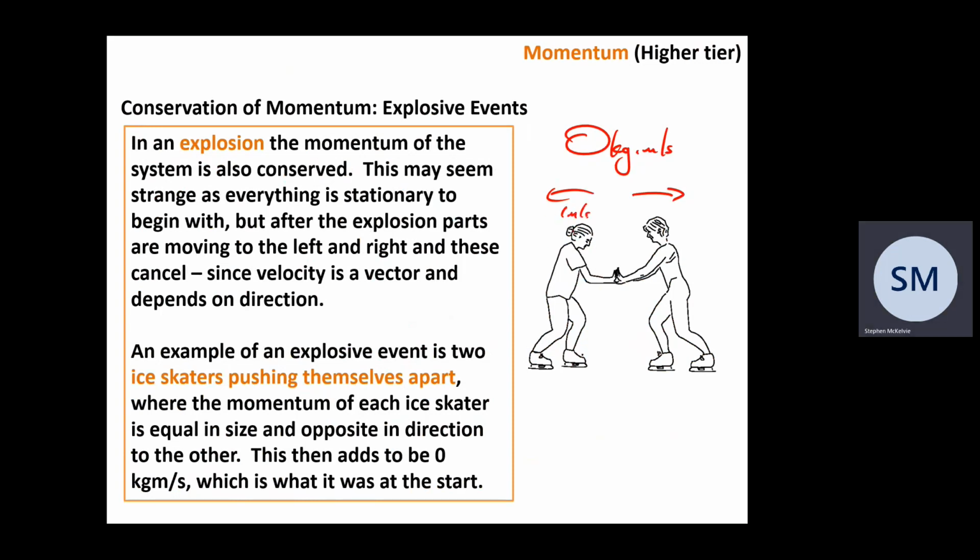Let's say he goes back at 1 meter per second, and she goes back at minus 1 meter per second. Why have I said minus 1 meter per second? Well, because it's going in a different direction. After the explosion, parts are moving to the left and to the right, and they cancel, because velocity is a vector and it depends on direction. So the total momentum before these two pushed each other is 0 kilogram meters per second because they're not moving. Afterwards, they are both 50 kilograms in this example. She is going 1 meter per second in that direction, and he is going minus 1 meter per second in that direction, meaning that the amount of momentum